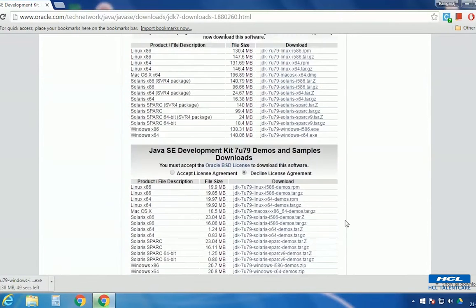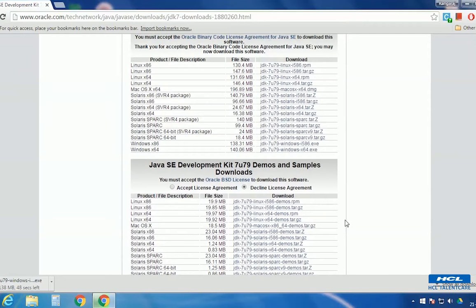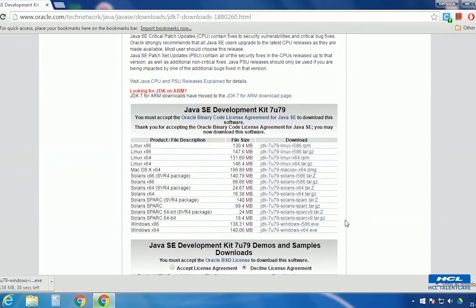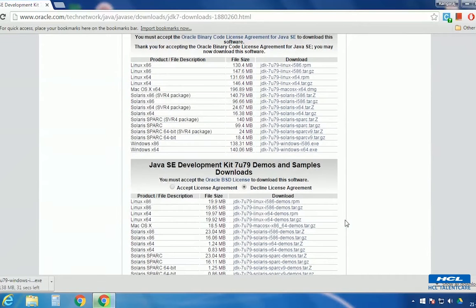Once downloaded, the installation is a very simple process. You can just give next, next, next, and the default directory where it installs is the C drive. Wait until the download gets completed.